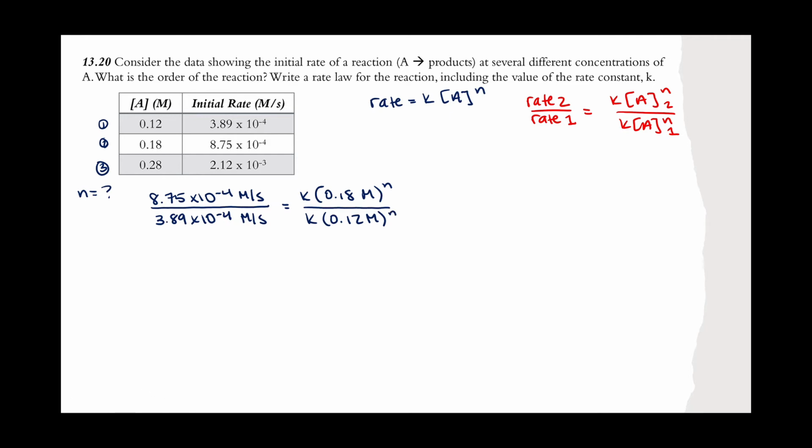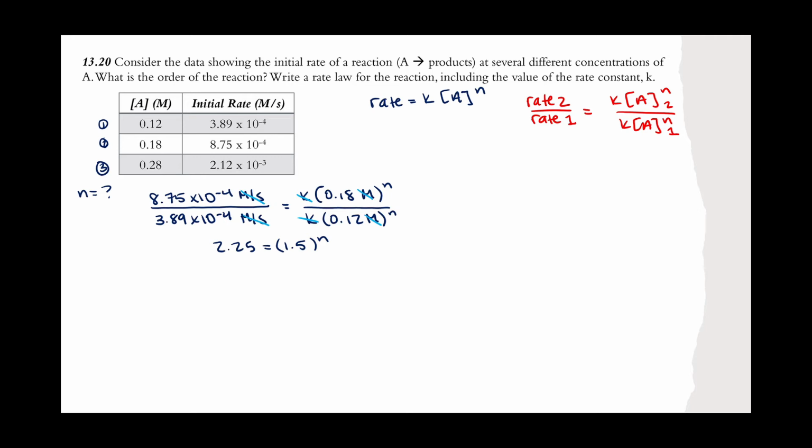Now I'm just going to cancel out what appears in both the numerator and the denominator. That would be the molarity per second right here. Our K, or our rate constant, will cancel out, and the molarity unit will cancel out. Okay, now we'll just simplify. This left side will simplify to be 2.25. And if I set that equal to this fraction, it comes out to be 1.5, and we're raising that to the